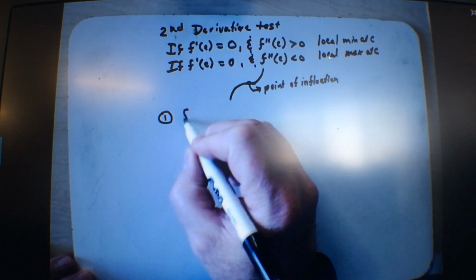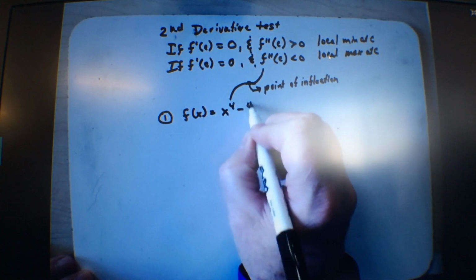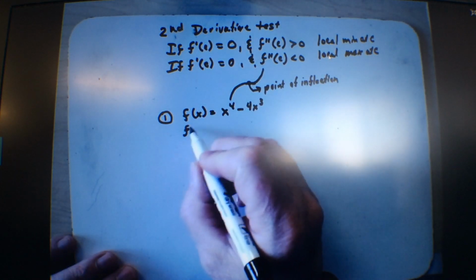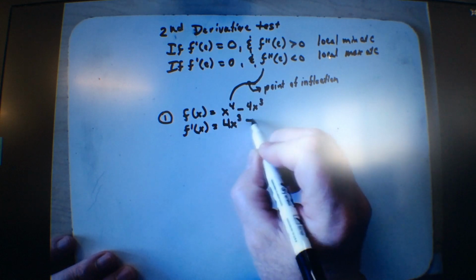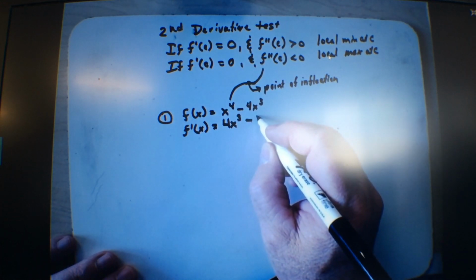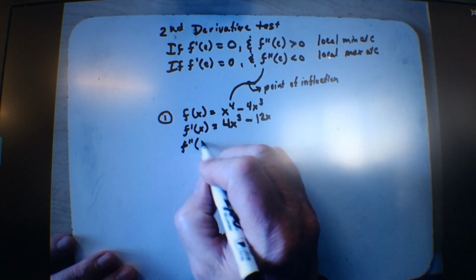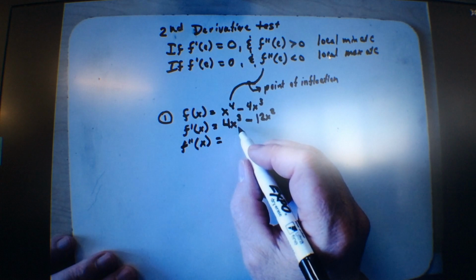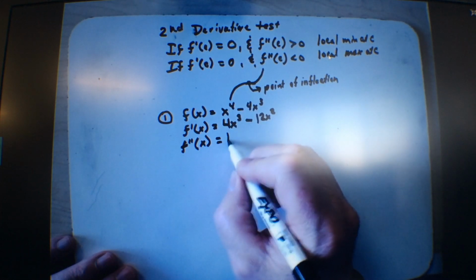Let's say that f of x is x to the fourth minus 4x cubed. All right? So we first need to find the critical points. How do we do that? We find the derivative. And that is 4x cubed minus 12x squared. Thank you. I'm going to find the second derivative right away too, okay? Because we're going to do that also, right? And that is what? 12x